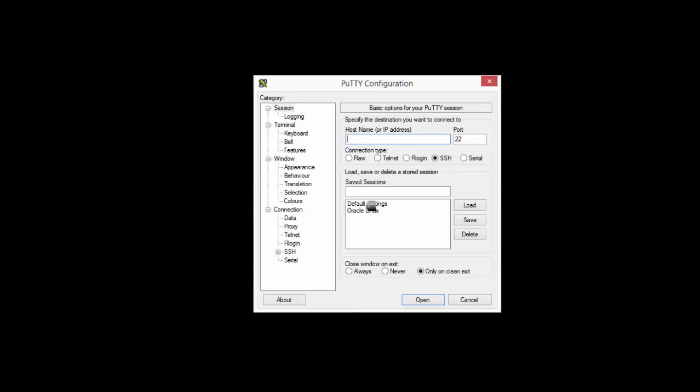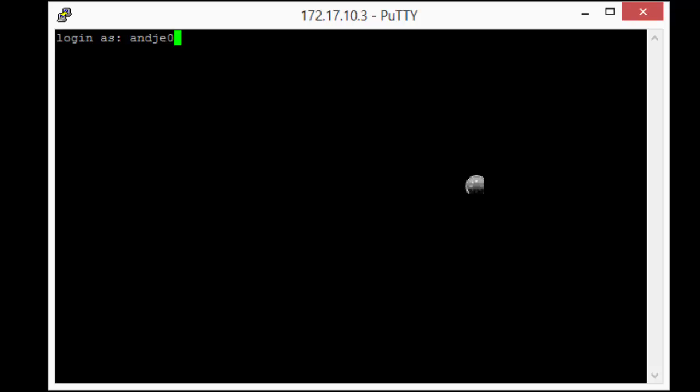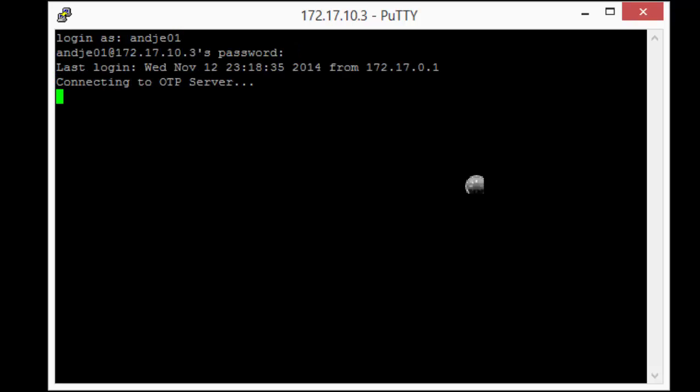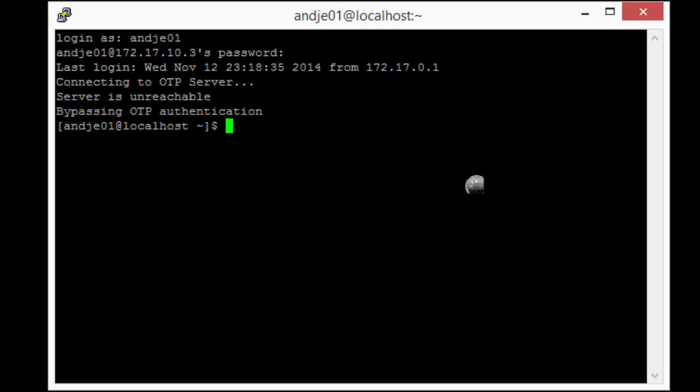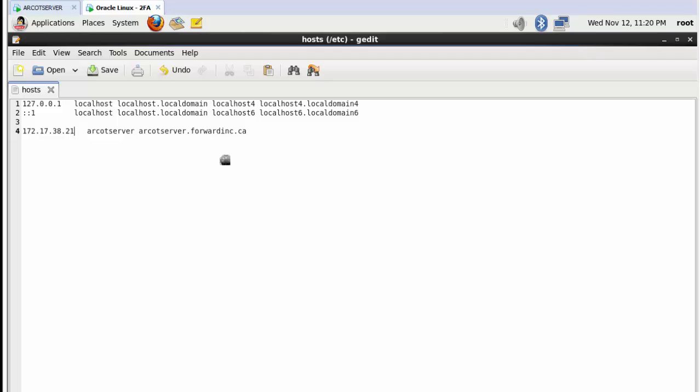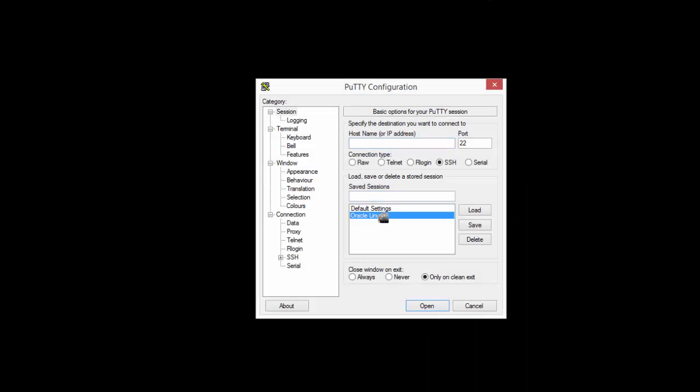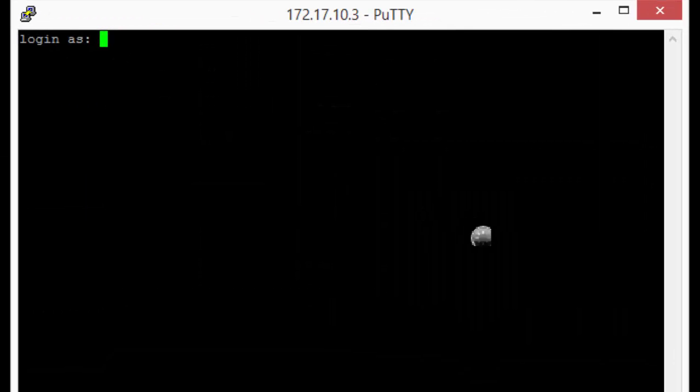So now if I try to log in using the same account, ANDJE01, password, it tries to contact the OTP server, but the server is unreachable and bypassing OTP authentication, allowing the user to go in through SSH. Let me just switch it back to the proper IP address, and you can see the user can be logged in using OTP, ANDJE01, password,